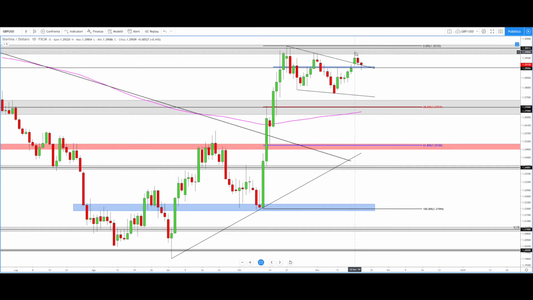And the price, after this first reaction yesterday, tried again to break this key level, but formed this bearish